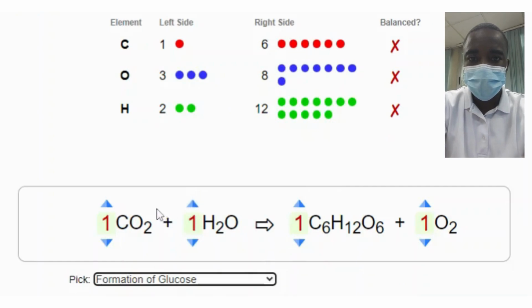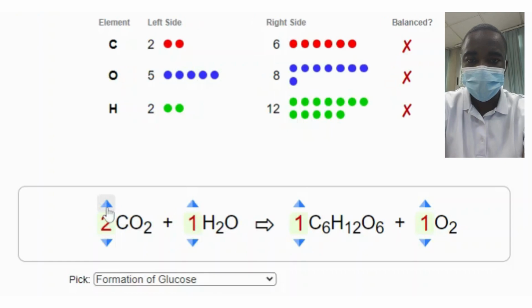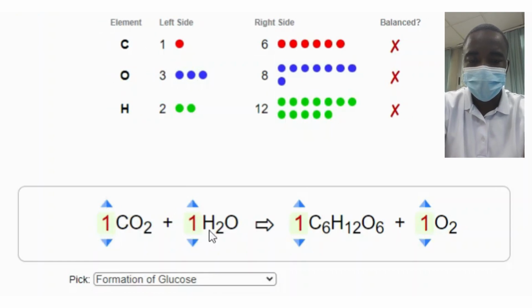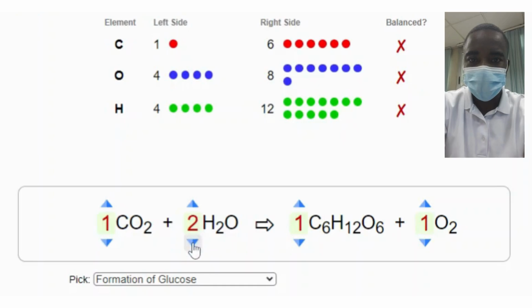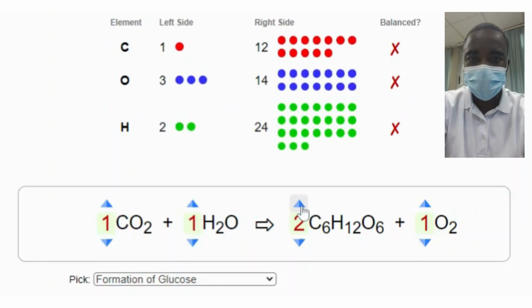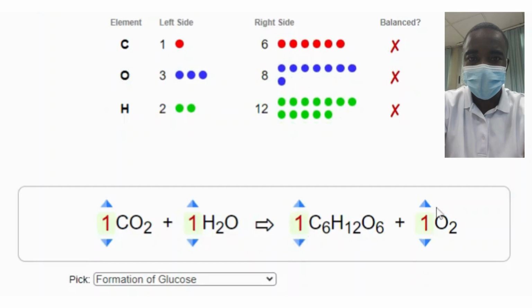The simulation allows students to balance chemical equations by adjusting the number of molecules of the reactants and products. By tapping the up or down arrows, students can change the coefficients of the molecules to ensure that the total number of atoms of each element on both sides of the equation is the same. This interactive feature helps students understand the process of balancing chemical equations and the importance of conserving the number of